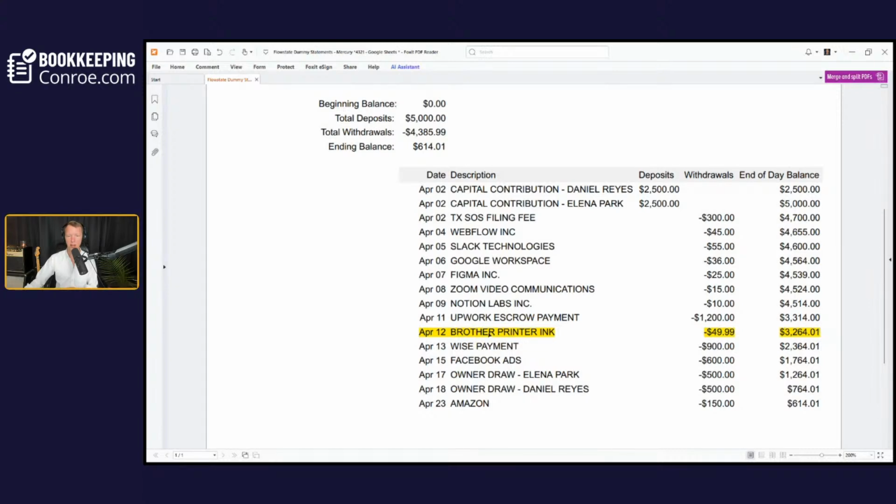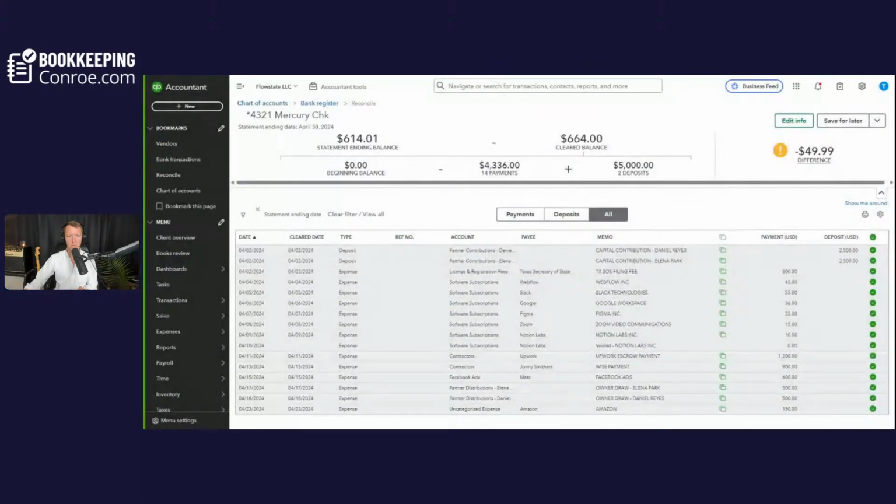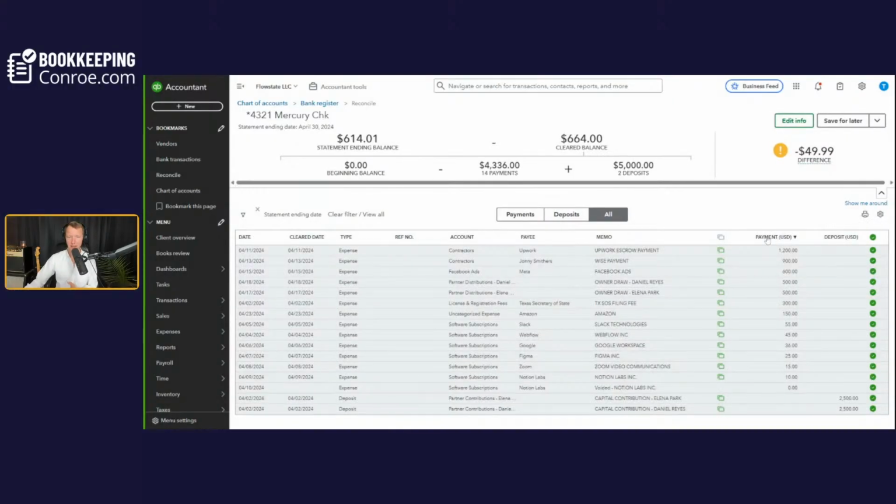Well, I'll just remember it, okay? April 12th, Brother Printer Inc., $49.99. Is this in QuickBooks? Let's take a look. Come back here. Come back to QuickBooks. And $49.99, I don't see anything. I've just clicked the payment header so that I can sort by amount. I'm looking at my payments and I do not see $49.99,